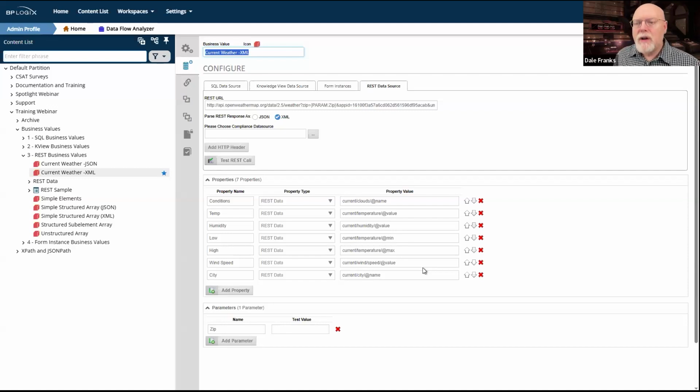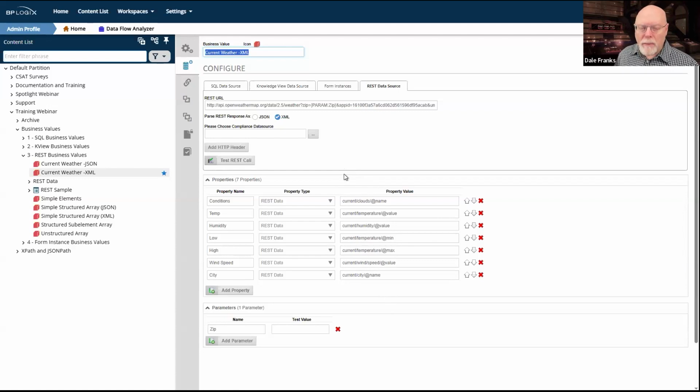And there are two ways in which I go about doing that. If it's returning XML, I have to use XPath to grab the data. If it returns JSON in the business value, then I have to use JSON path, and they are not really related at all. They're really two different methods of grabbing the data. There are some similarities to them simply because I'm both trying to parse a structure, whether I'm using XPath or JSON path. But the way that I do that is not really similar.